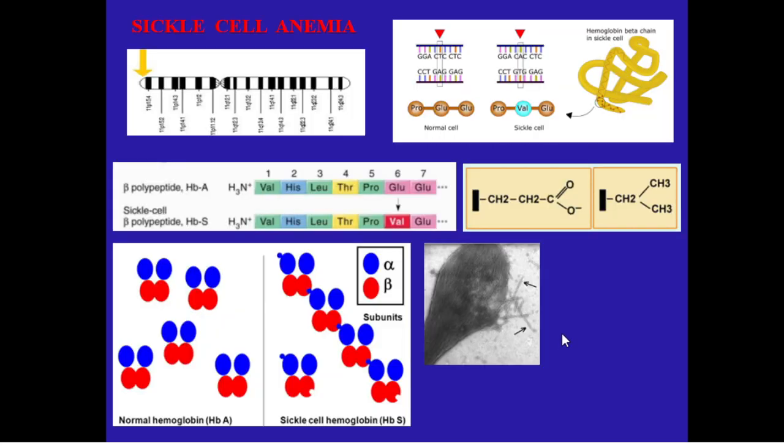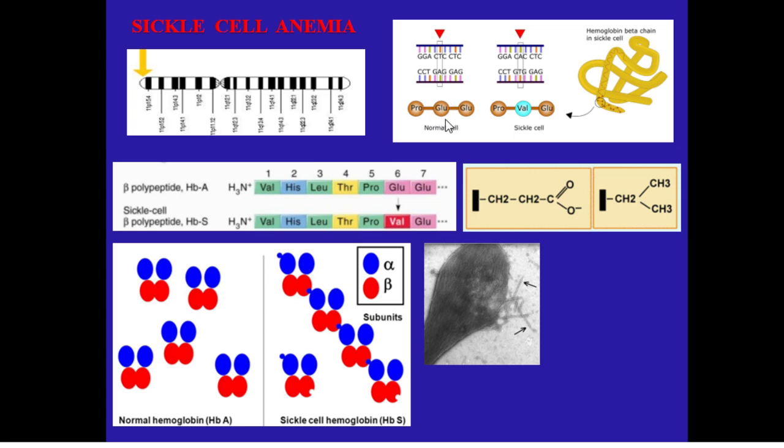Very quickly, let's repeat what defect we have in sickle cell anemia. In this disease, it was the first point mutation, missense mutation that was described clearly, and the mechanism of disease was known very well. Only one amino acid change in the beta subunits in the 6th position. In normal,